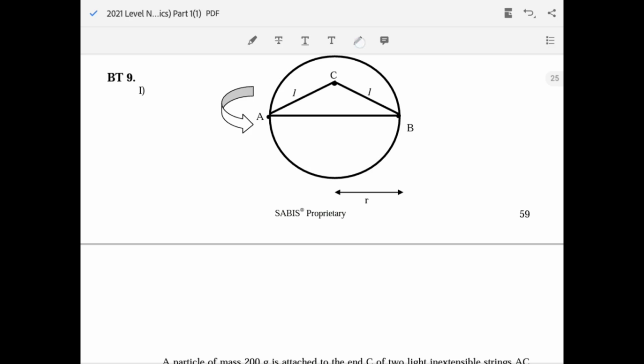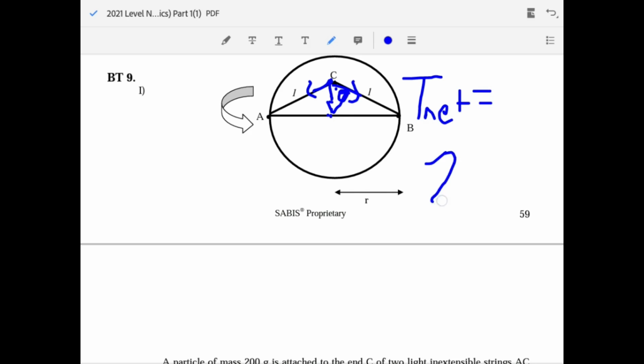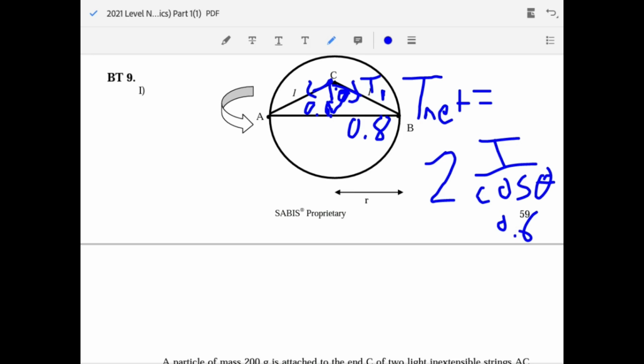So this force and this force, each make an angle alpha here, so the resultant, T net or F net, is equal to 2 times tension over cosine alpha. Now here this is 1, here it's 0.8, and then by Pythagorean 0.6. So cosine alpha is 0.6. So T net is equal to 2 over 0.6, or 20 over 6